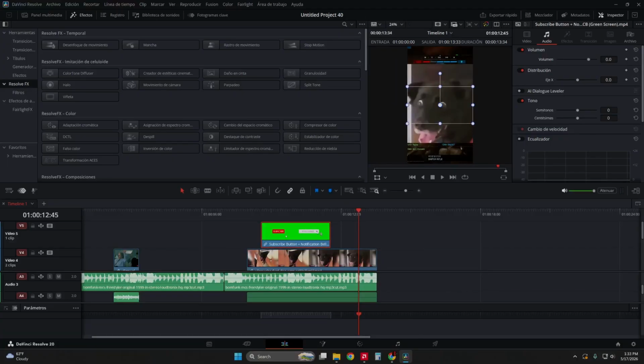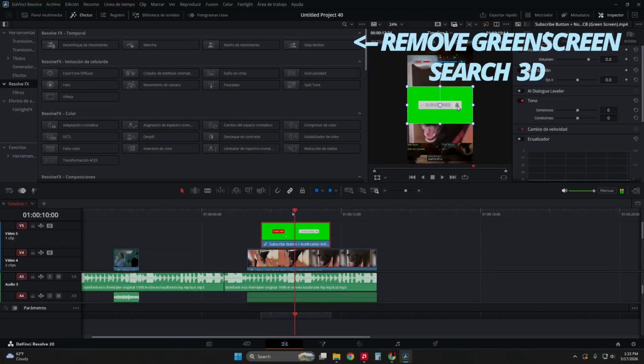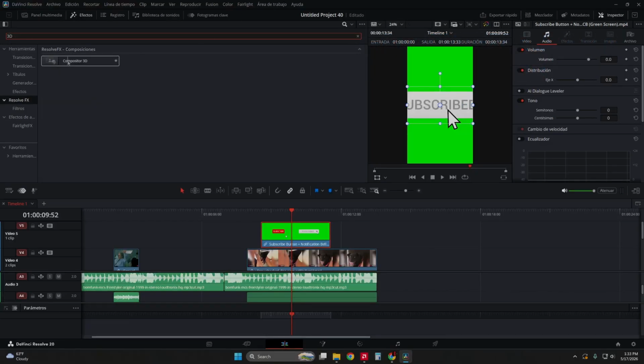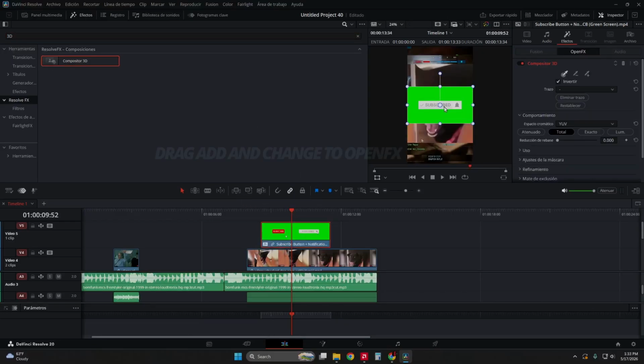I'm also going to delete the green screen. To do this, you need to be on the editing option, effects, look for 3D, so it's basically this one. You drag this to your video, so you send this to the effects, you change this to the controls.